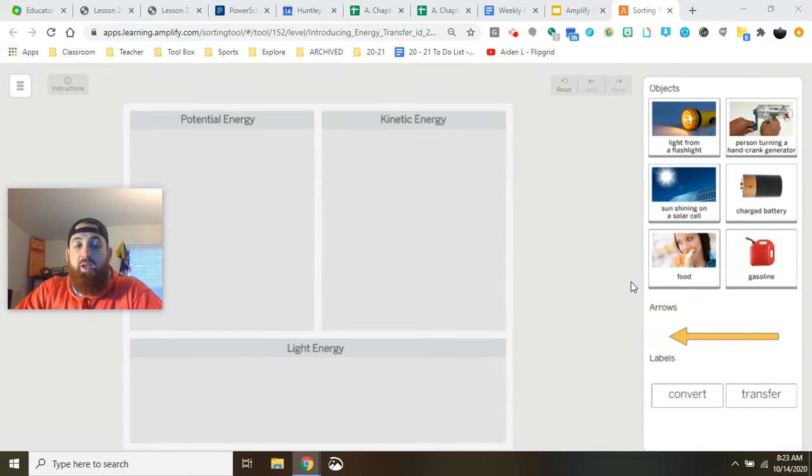Hey everybody, Mr. Regan here, and we're going to be looking at how to use our energy transfer diagram to model how energy is transferred and converted within a system or within a device, so that we can better understand how we're going to help with the energy needs of our rescue team. So let's go ahead and take a look at how this tool works and how we're going to use it